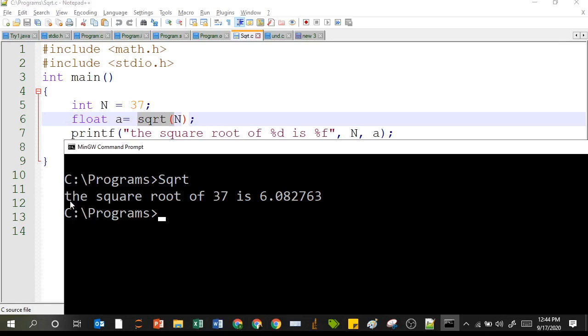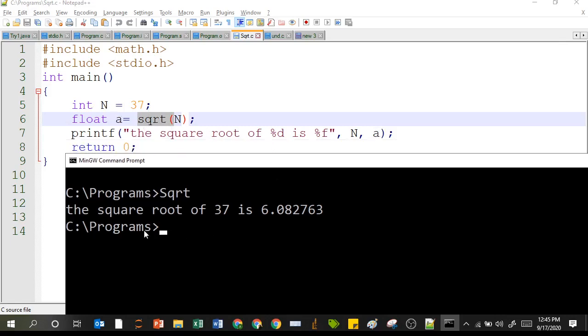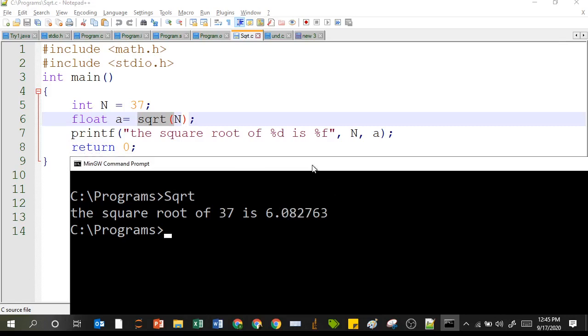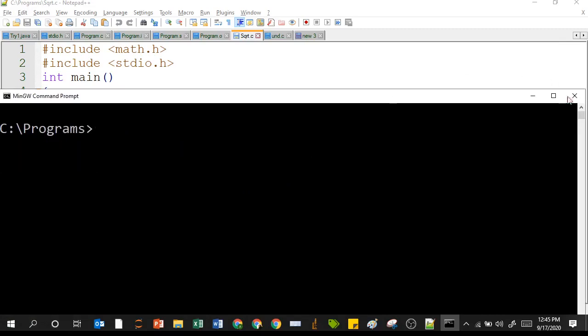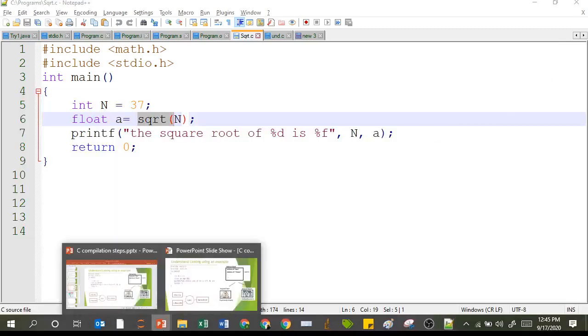In this way you are getting this output, because in n, 37 was originally stored, and in a, our output was stored, which we found from the square root function. So the square root of 37 is 6.082763. Now we can close this program and go back to our PPT.